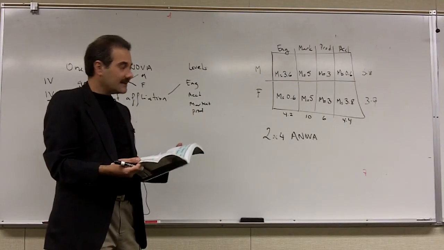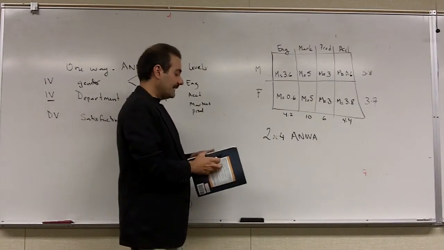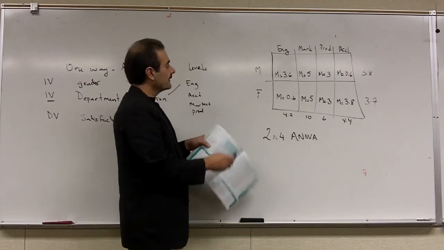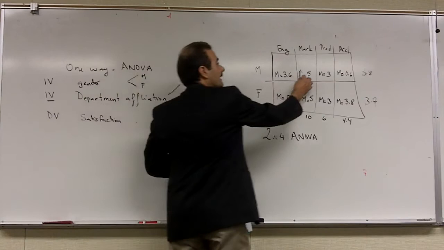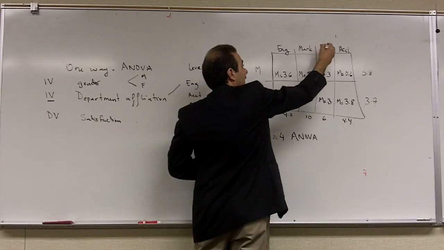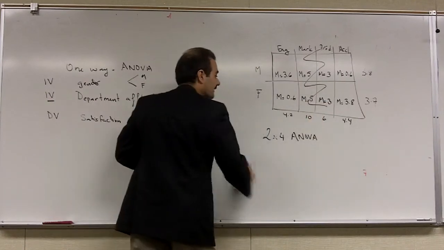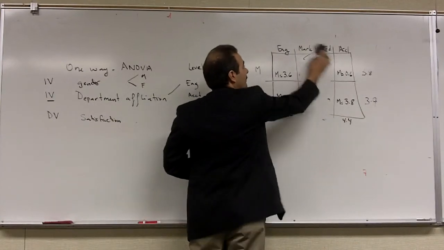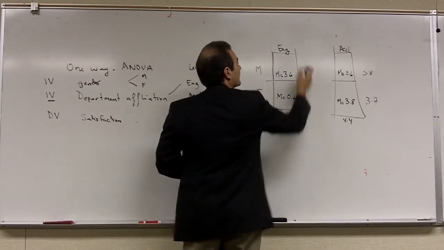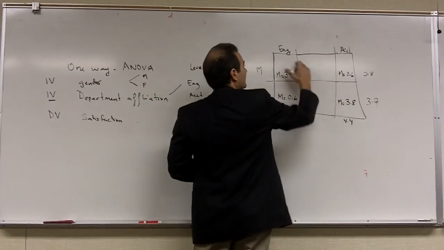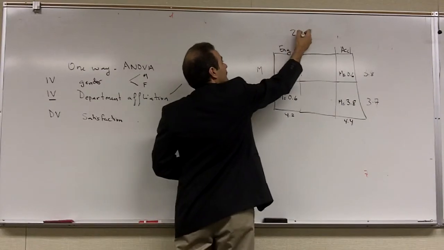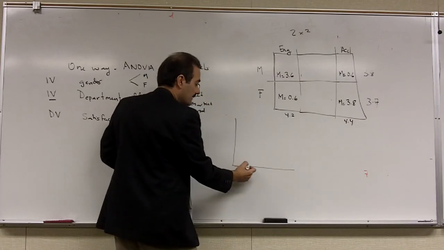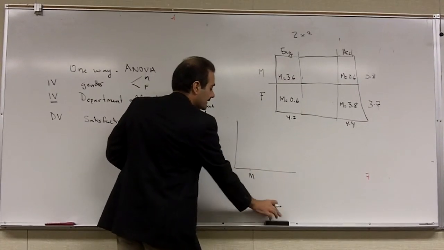You could also draw it out. It's nice to plot things out. And typically, an interaction is plotted out as a graph like this. Let's ignore this for a second. Let's ignore here. Let's ignore this for a second, OK? So act like this doesn't exist for a sec. And let's plot this as if it was a 2 by 2. If we ignore these guys, we would have a 2 by 2 ANOVA, meaning you've got only two levels of one variable, engineering and accounting, and male and female. This would be a 2 by 2. If we plot it, we can plot it as a graph. Let's say male and actually, let's do engineering